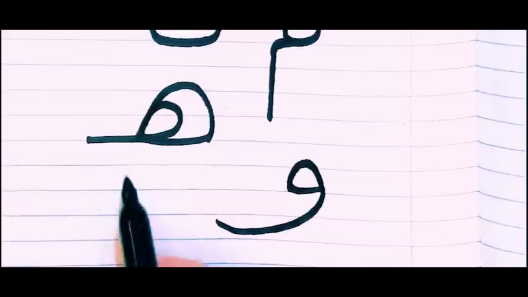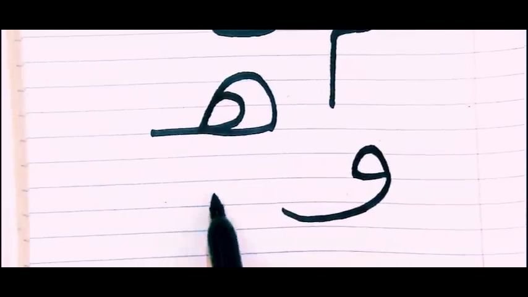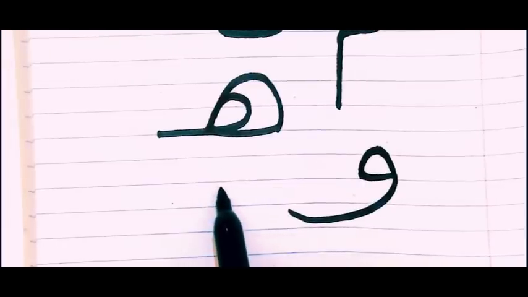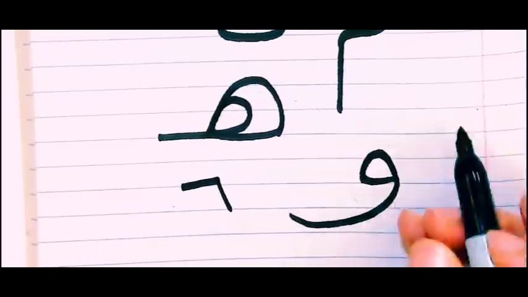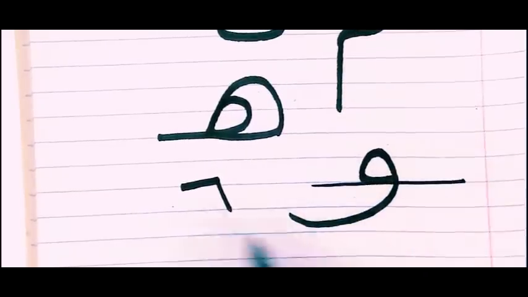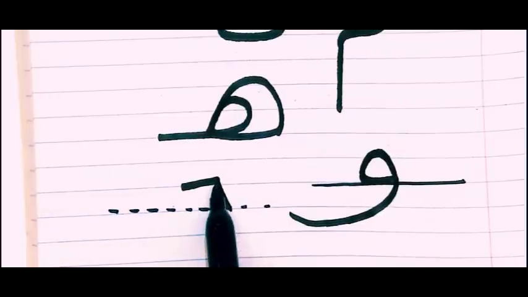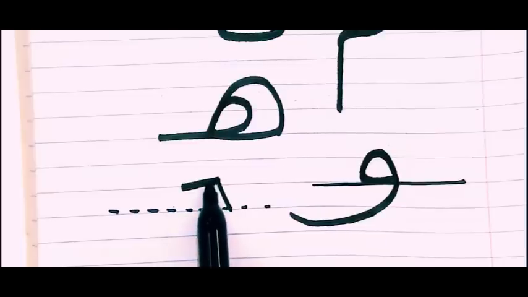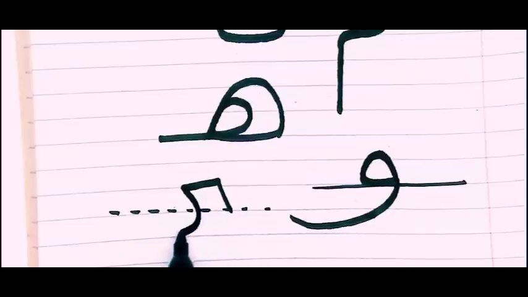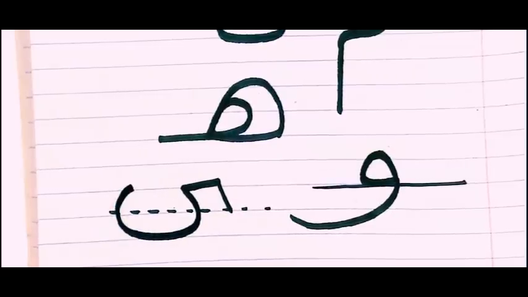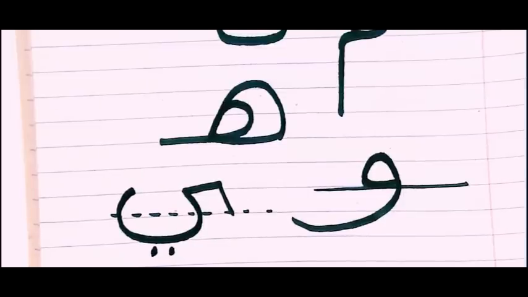And then the last one is yeh. I'm not writing them all on the line, so I'm just skipping lines here so you can see just the shape. But make sure you write here. This is the line of this letter. And this is the line for this one. So you go this way. You go up. And then this way. And then you curve it here. And then you put 2 dots. Okay?